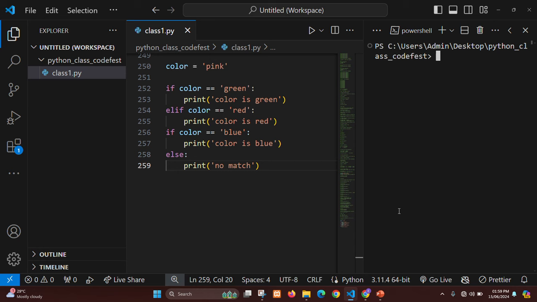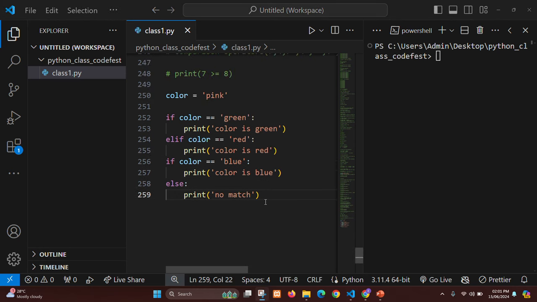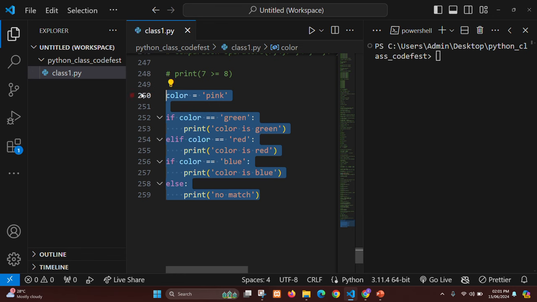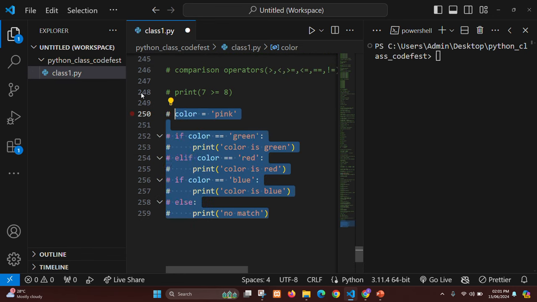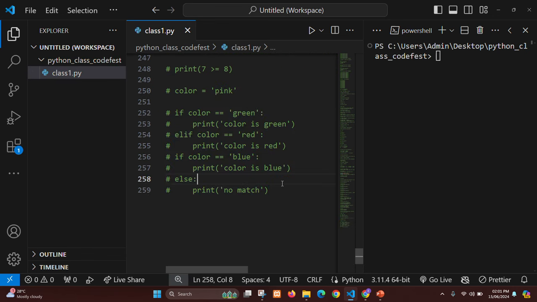Let's see. I wanted to know if there's a switch statement in Python, but I don't think there is, unless you create your own custom switch function. So let's proceed. Now the next thing we're going to be looking at, let me just go over to